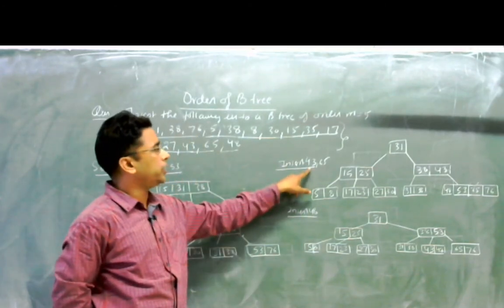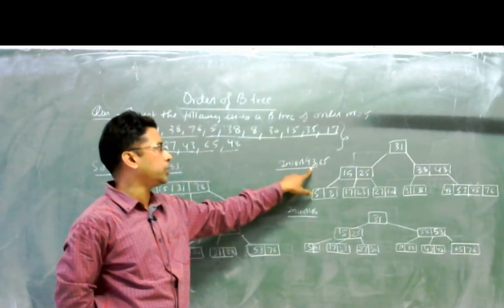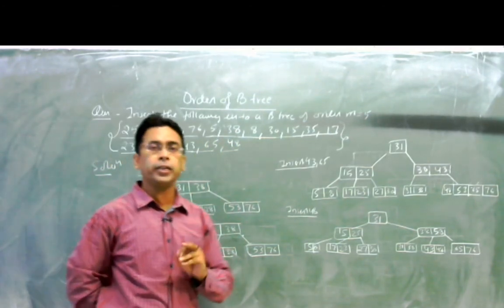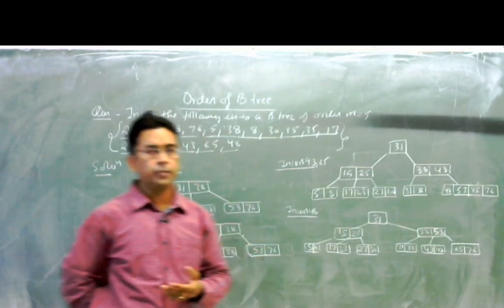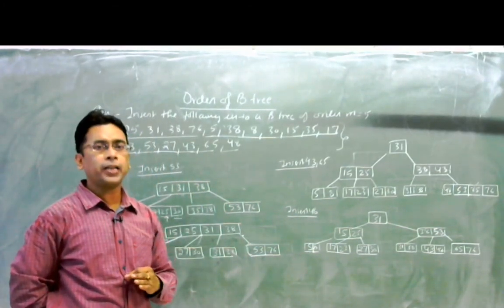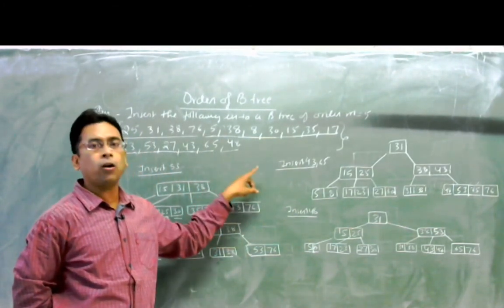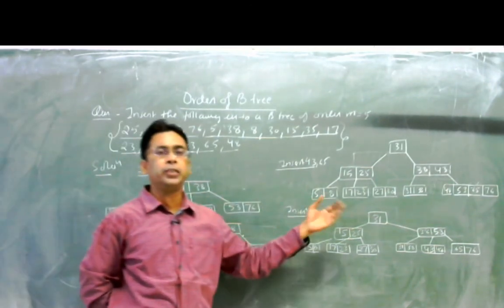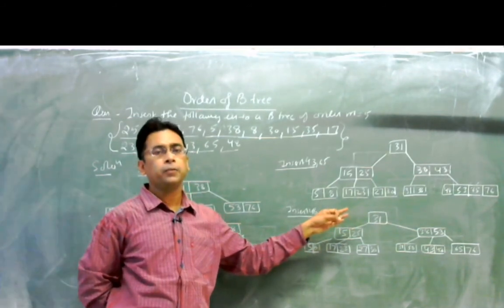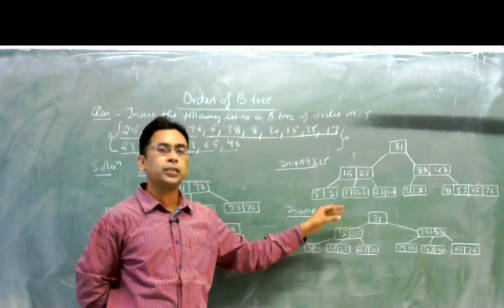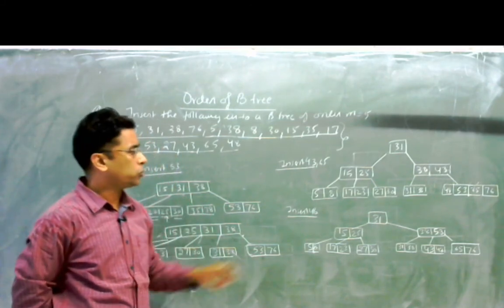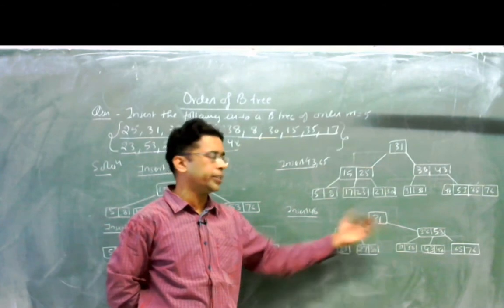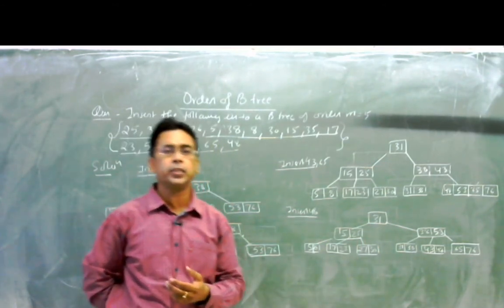When we had inserted element 43 but not yet the elements 65 and 48, that was a little bit of an unstable B tree. But that is the problem: for a given order you may sometimes get an unstable B tree, and in some positions the B tree properties may not be satisfied completely. But after inserting these two elements, this B tree will try to maintain itself and it will reach the stable state.